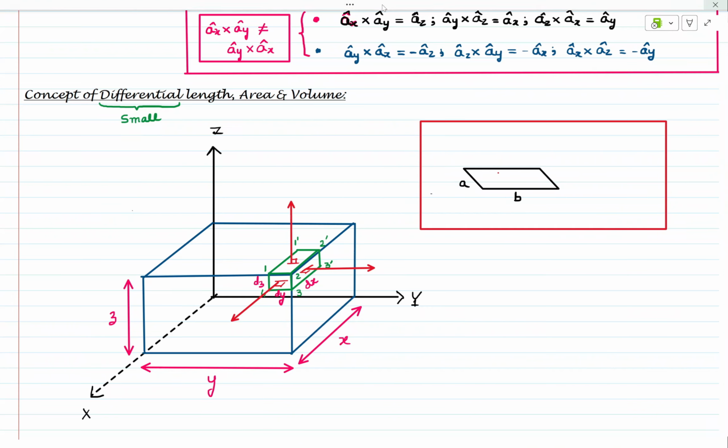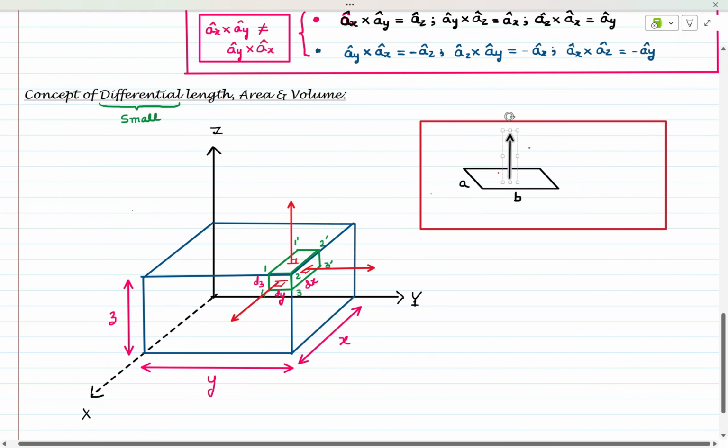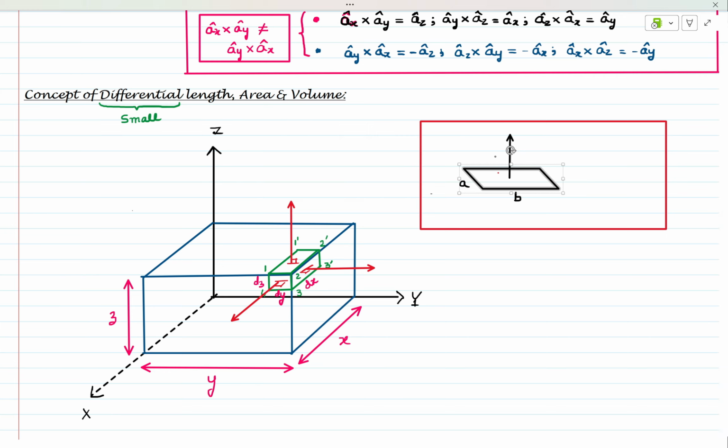If this happens, and it is a vector area or the area vector, then as this is an area vector, the direction is perpendicular to this plane, like this. And the direction is denoted by the unit vector. I am writing here a_n, that is the normal to this plane. So I can write this total area,